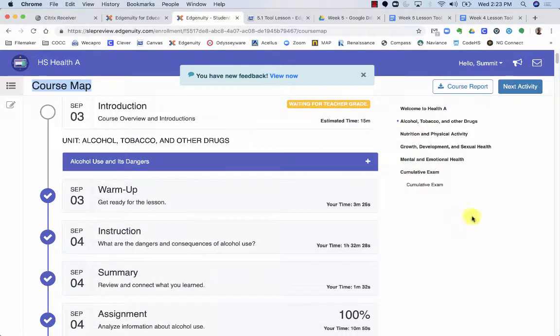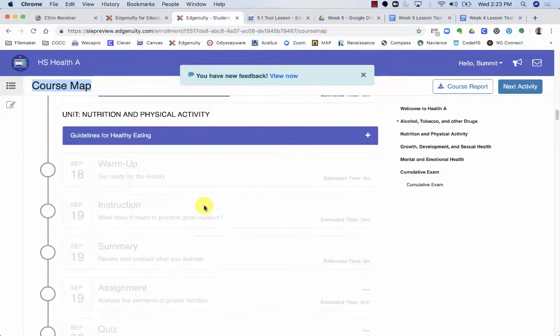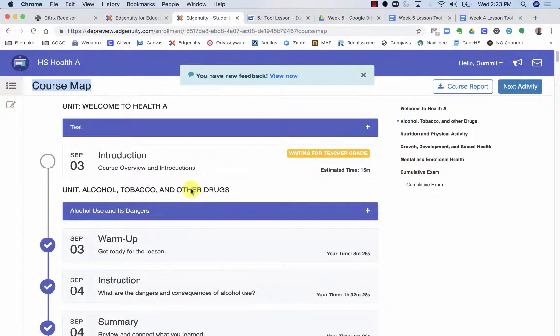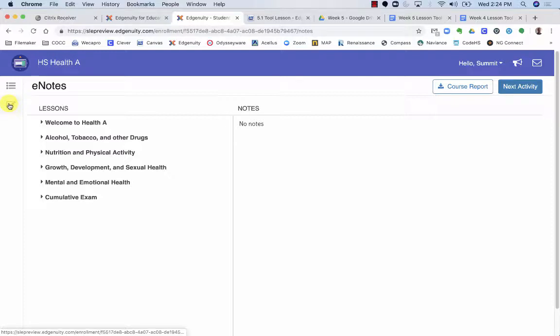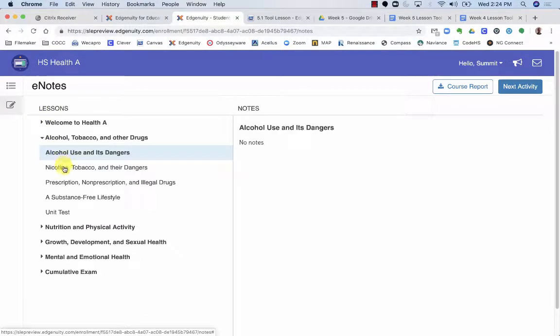So the far right section over here gives you kind of the bigger view, but on the main section right here, I can see everything I need to do in this unit. On the left, we have a couple little toggles. As you're working through a lesson, you have access to take notes, digital notes, or what we call e-notes. You can access those e-notes at any time by clicking on e-notes. So here for the lesson, I haven't taken any notes in anything yet,